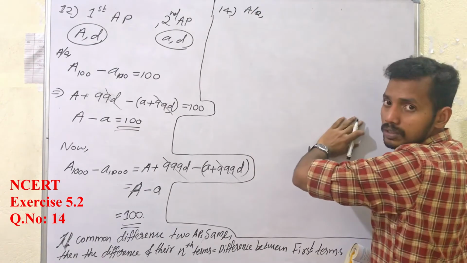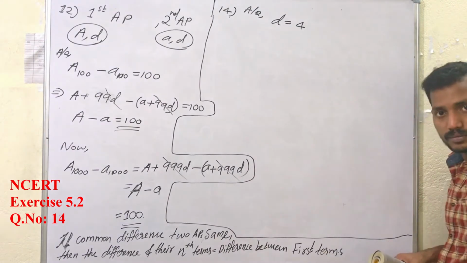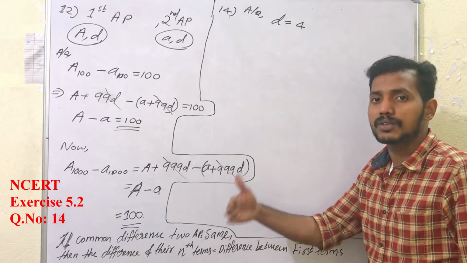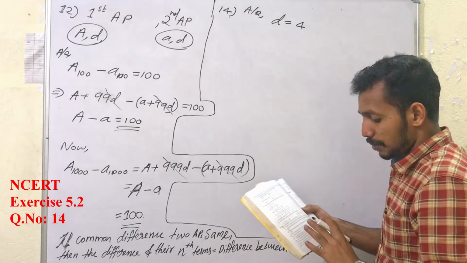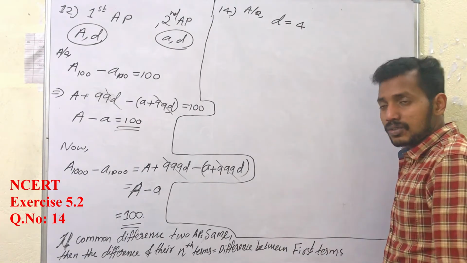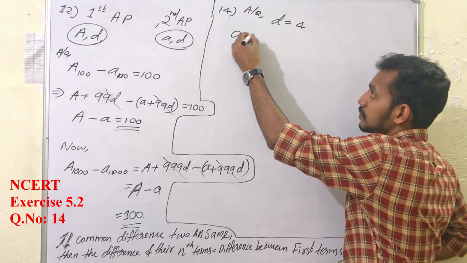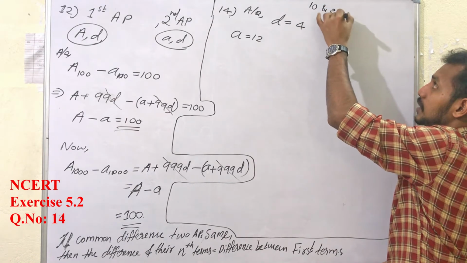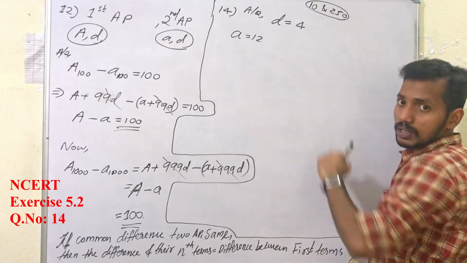In the question it is mentioned that these are multiples of 4. Therefore, the common difference will be 4. There is no doubt at all. Because if we write the multiples 4, 8, 12, the difference between two consecutive multiples will be 4. And the first term we cannot take as 4, because we need to check the range between 10 and 250. So after 10, what will be the first multiple of 4? It will be 12.